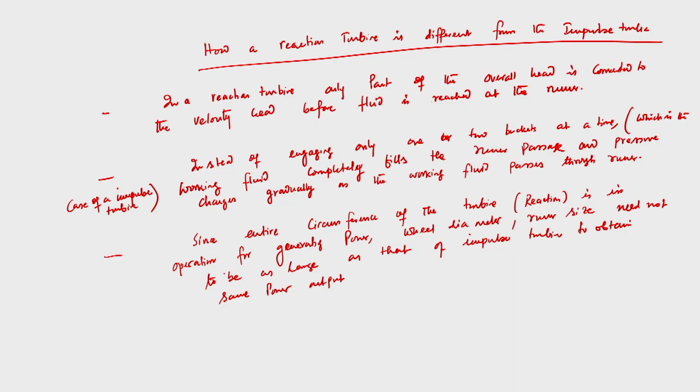And so of course in case of a reaction turbine, because of its operational feature, we need not have a high wheel diameter or high runner size, which should be the case for the impulse turbine. So this is economic, this is good, that the entire plant should not be as high as in case of an impulse turbine. This is the fundamental difference between how a reaction turbine is different from an impulse turbine. So these are the different characteristic features of a reaction turbine, and these features make this turbine different from an impulse turbine from the constructional point of view as well as the operational point of view.